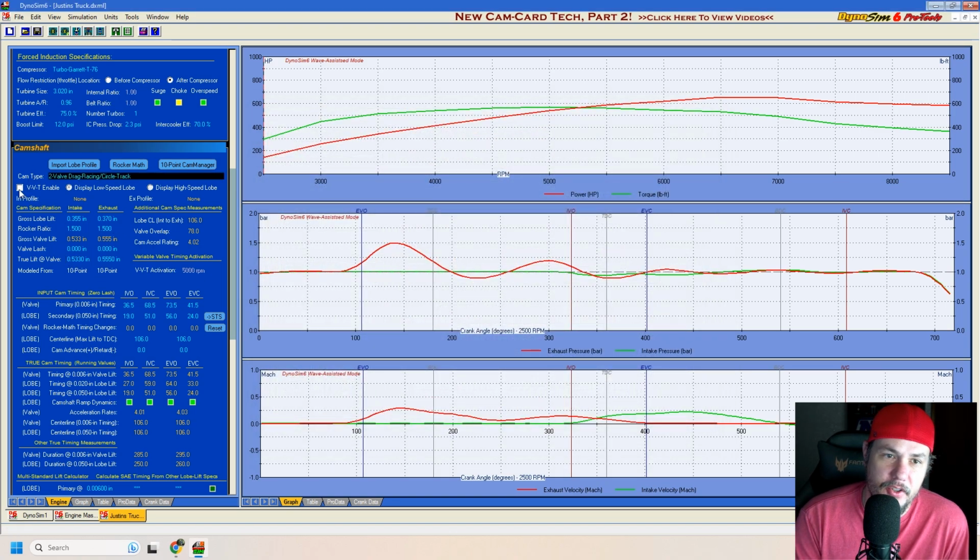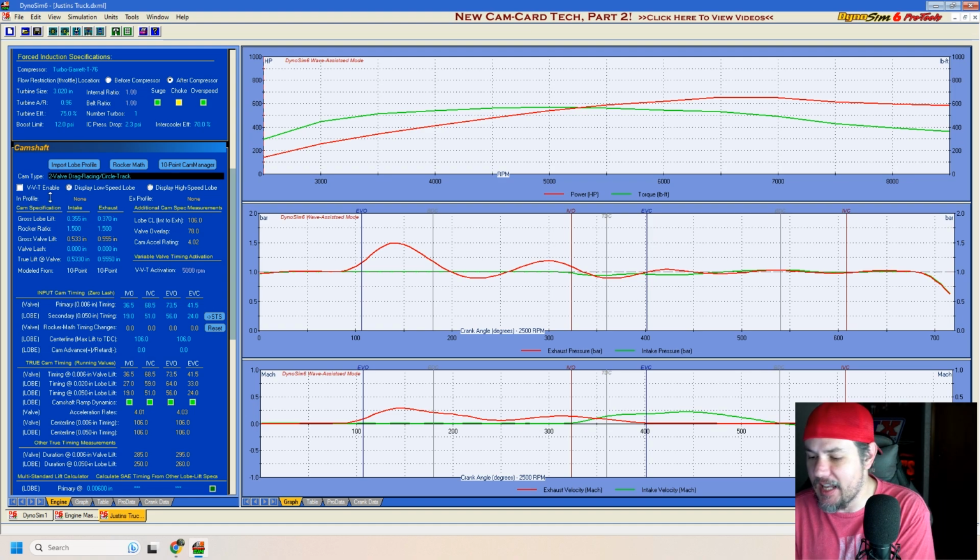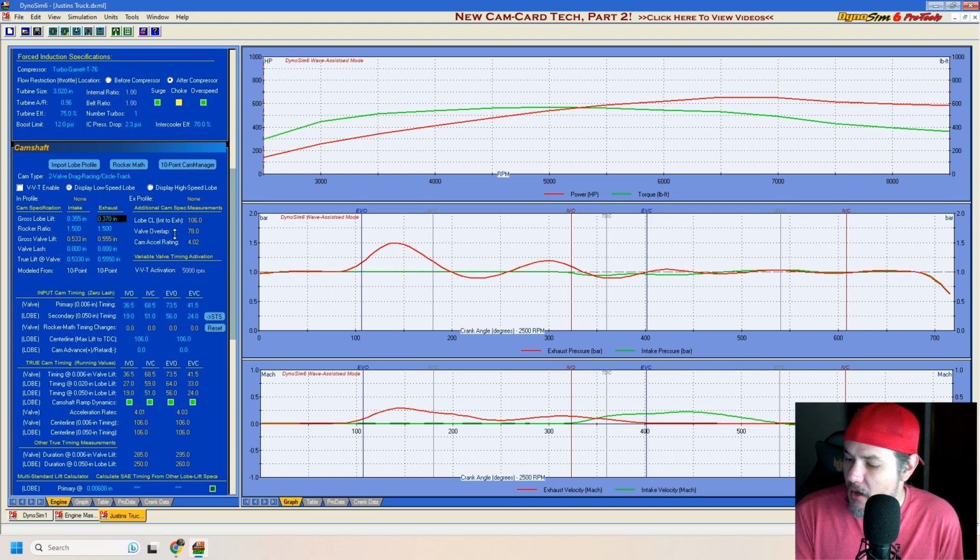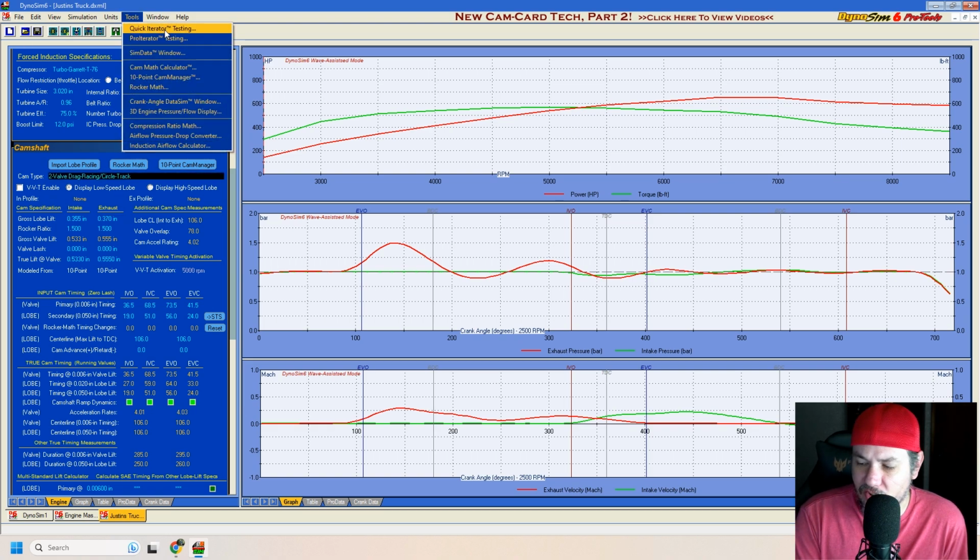Surprisingly, this will allow you to do VVT cams. If you have a VVT cam, you just have to know the different spec range as you're plugging all that in. But one cool thing that you can do, and I'm not going to really do it on here, is they've got on this software the quick iterator testing and the pro